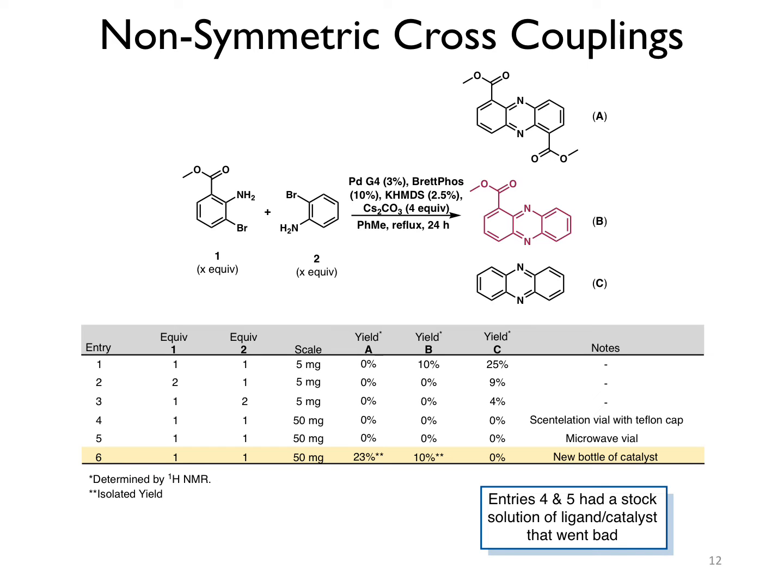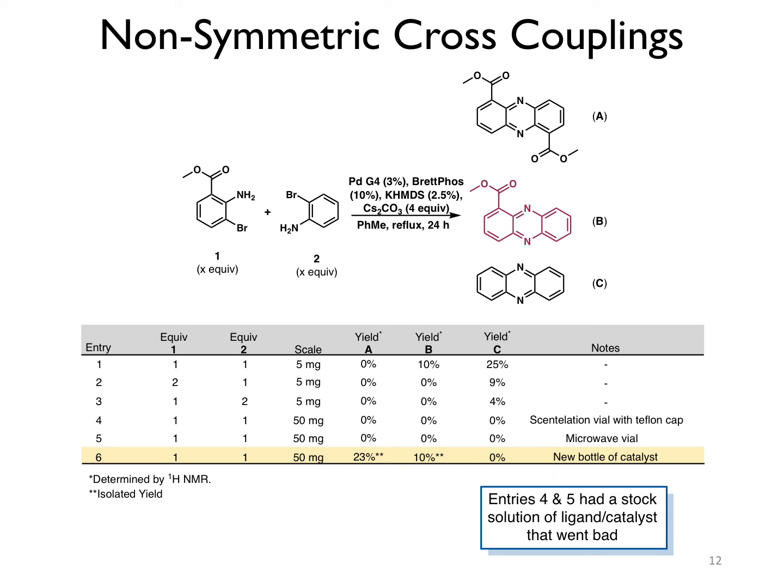We kept messing around with different ratios of material, and we weren't able to reach that 10% yield ever again, as evidenced in entries 2 through 4. Then I wondered if it was that these were too air sensitive, so I tried two different types of air-free techniques and got no yield of any product at all, and this was also on a larger scale. When I used a new bottle of catalyst, I was able to produce